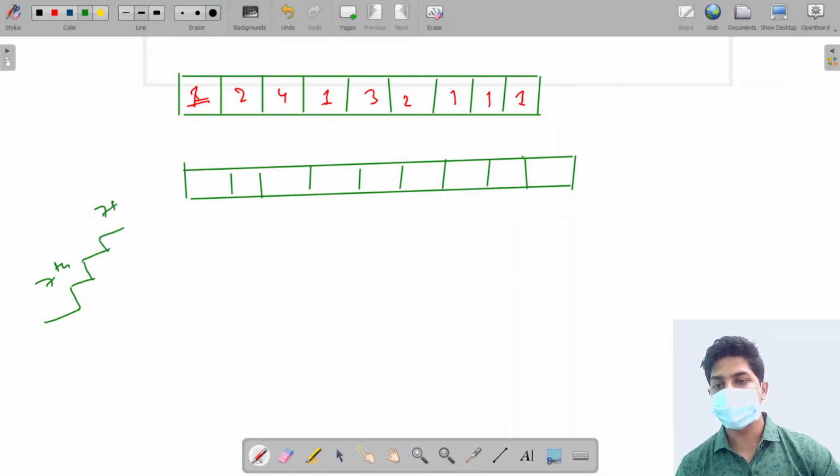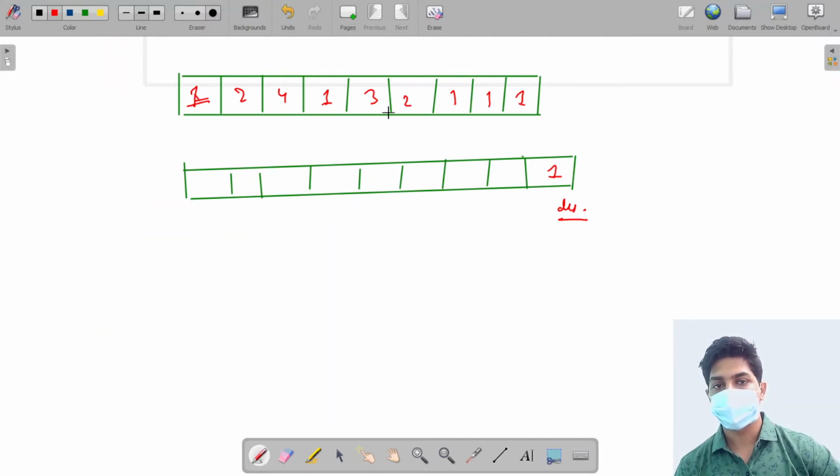and we are already on the 7th stair. So how many ways are there to reach the 7th stair? There is only one way, that is not to move anywhere else, just stay on that stair. So there is only one way to reach the destination point from the destination point. So at the destination point, 1 will be stored.